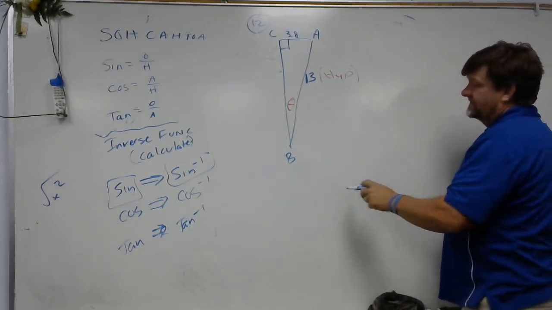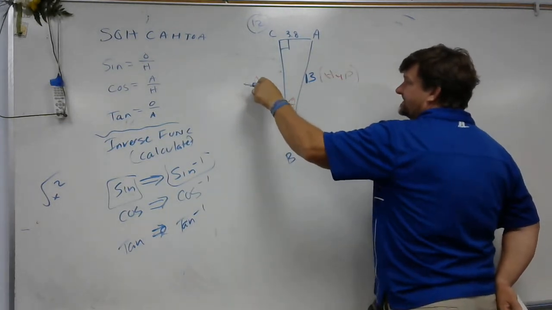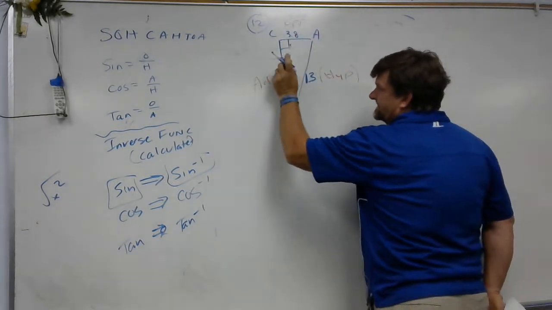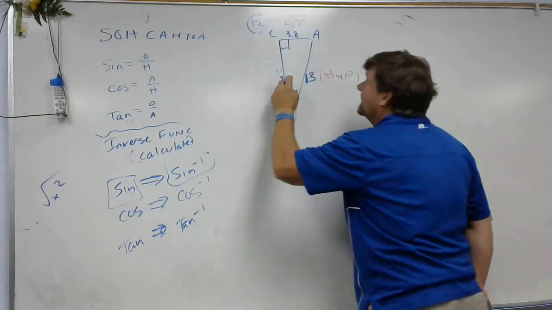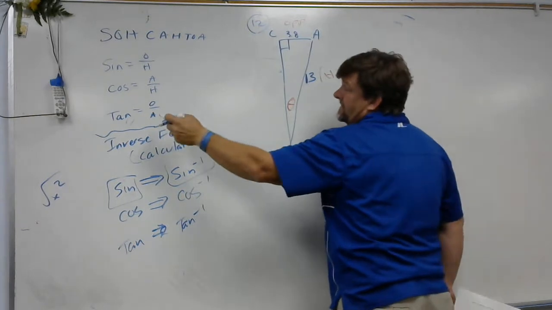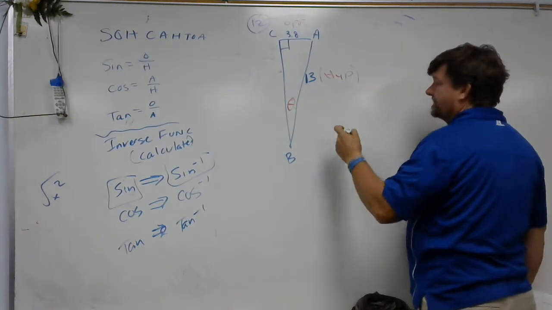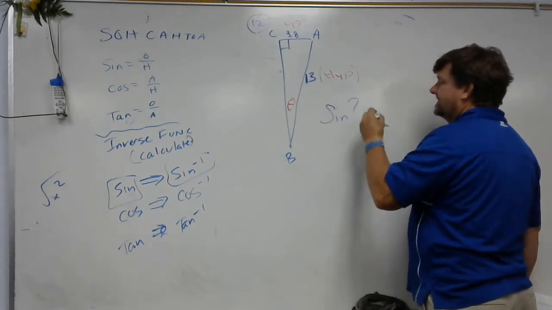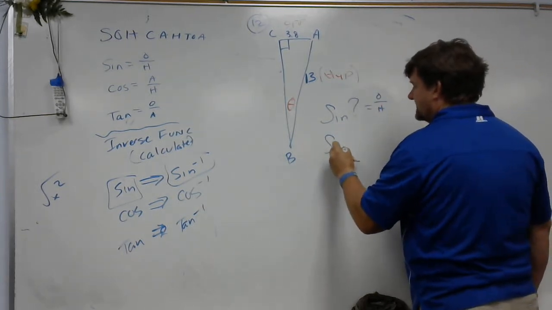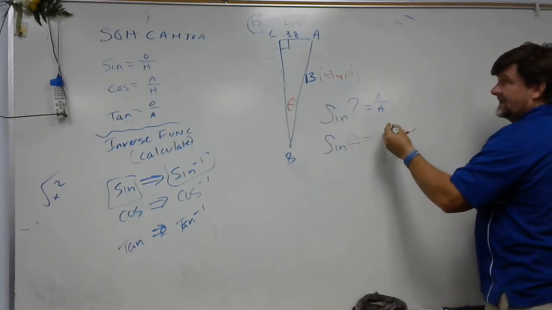So I got my hypotenuse. This is my theta, or my reference angle, so that means this is my adjacent, and this is my opposite. So what do they give us? They don't give us the adjacent, so we don't care about that one. But they give us the opposite, so I'm either tangent or sine. But they give us the hypotenuse, so I'm up here with sine. So the sine of something is equal to opposite over hypotenuse, which means the sine of theta is equal to the opposite